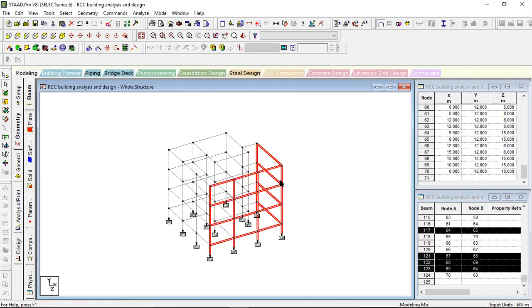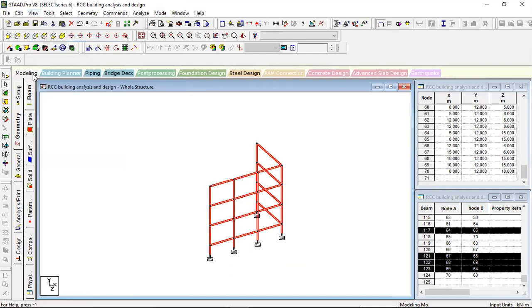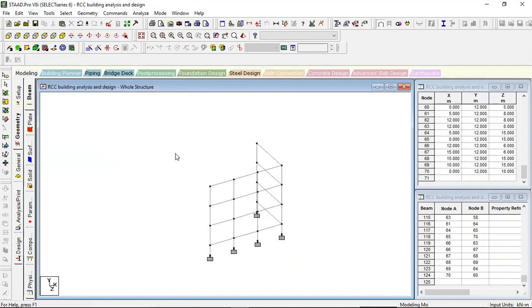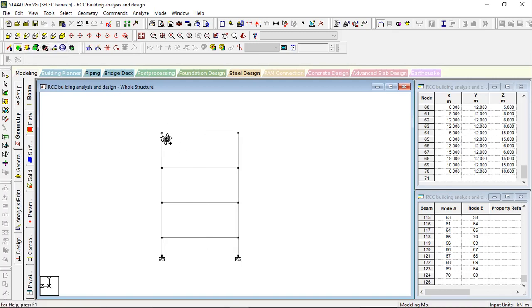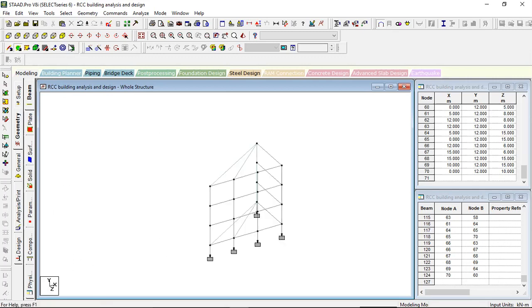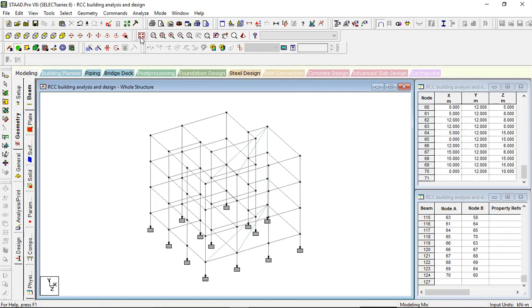Now I will do wall paneling. We have selected already. Now go to view, view selected objects only. Now only selected objects are visible, and then go for z direction and provide one plate over here first. Add a 4 noded plate, just giving one example. View from x direction. Now click on display whole structure.